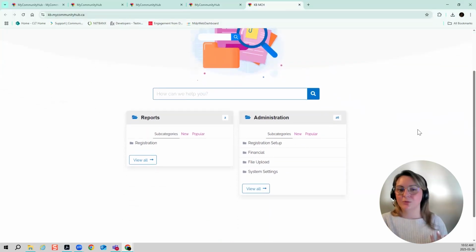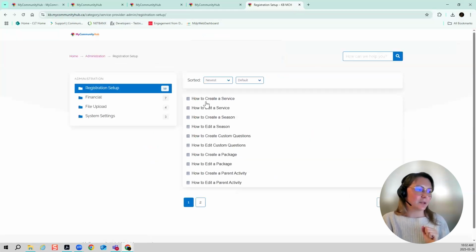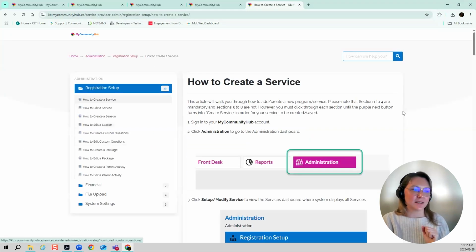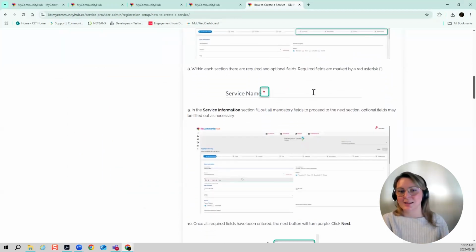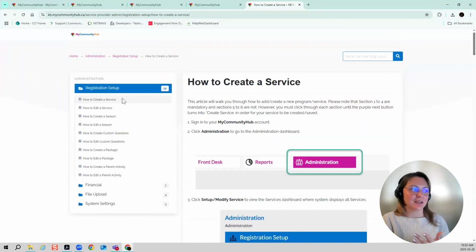Our knowledge base also gives you a great way to learn. So if you want to learn something that maybe I didn't cover here, or you're just not sure, you kind of need the refresher. If you go into our knowledge base, and for example, if we go into registration setup and how to create a service, you have all your step-by-step instructions on how to do, let's say, creating a service or whatever the function may be. So you do have that available as well. But like I mentioned, our team is also available to answer any questions and help with anything that you may need. So I'm going to stop it here for now. I'm going to stop sharing my screen. And I guess, Jason, I'll hand it back to you.